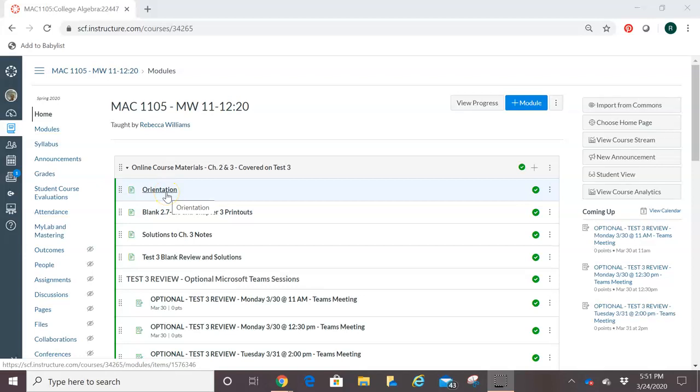This kind of tells us in general about the shift that we're making from going to face-to-face class to fully online. And in case it hasn't been made clear to the students, the rest of the semester is going to be online. So online final exam, online tests, we're not going to be meeting on campus anytime soon. So if you click on orientation,